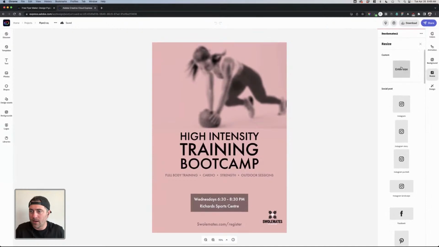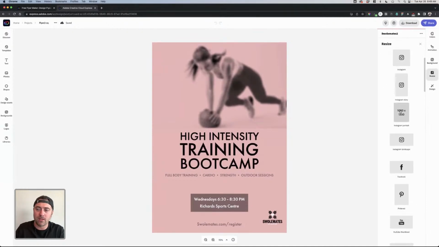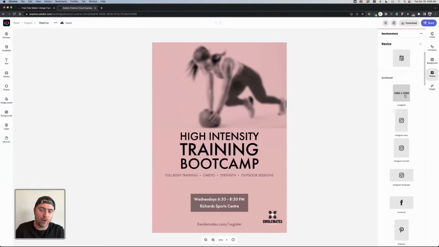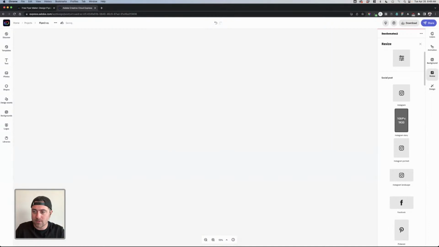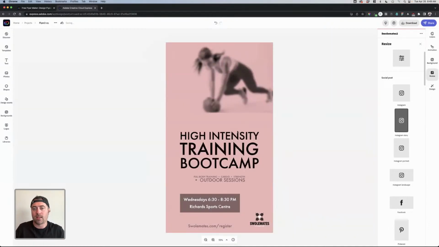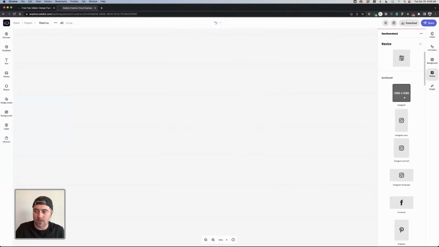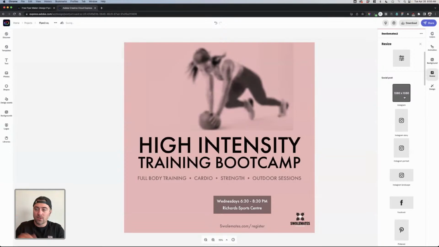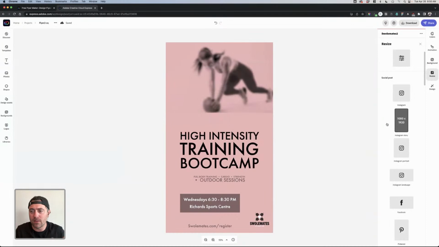So I'm going to go in and I can either customize it or I can click from the defaults here. So I can do an Instagram post that's a 1:1 ratio, or I can do a story or a portrait. I'm going to do an Instagram story. So by doing that, it will automatically shrink this canvas size. Let me show you what it would look like if I did the social post one. So now it's a square. You can see it's by default just automatically starting to adjust and change things and fit the correct dimensions for that particular platform. So it takes a lot of the heavy lifting off your plate, just makes it super fast for you to get stuff